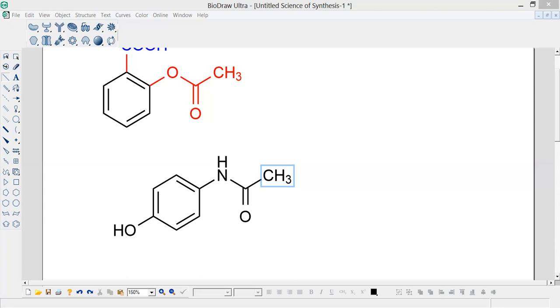Delete this also. If you have an IUPAC nomenclature, then go to Structure and convert name to structure. This is the structure of metronidazole. You can convert the name to structure and structure to name by using ChemDraw as well as Bio.